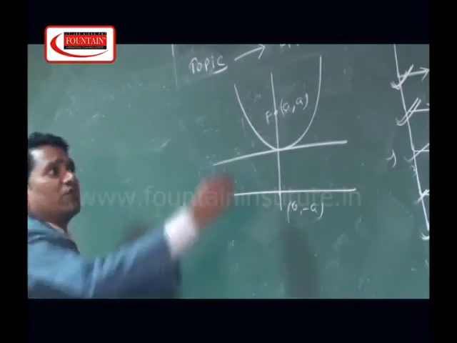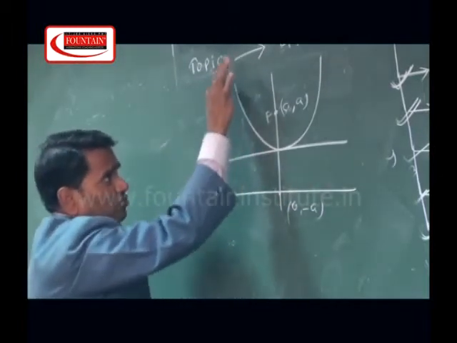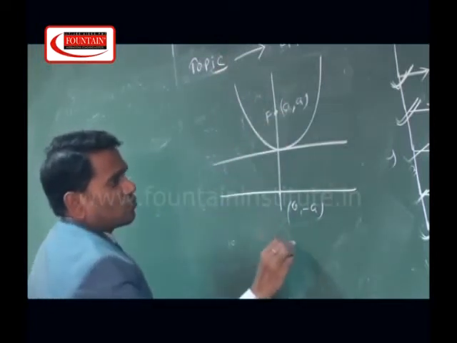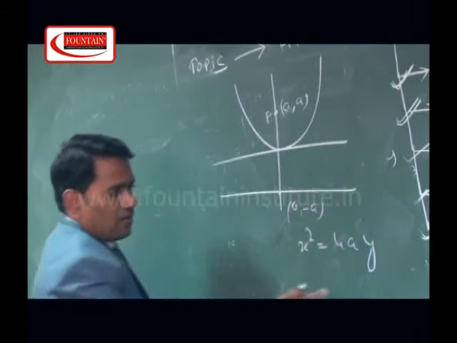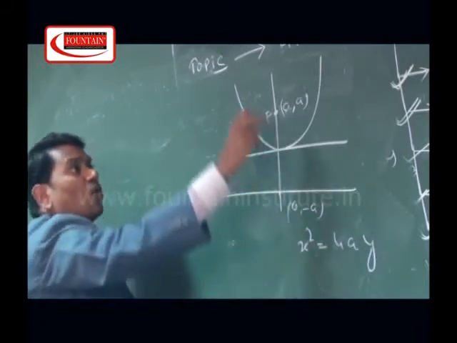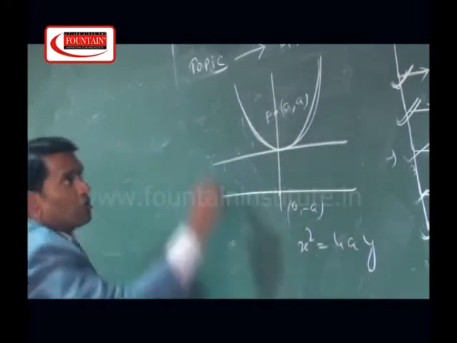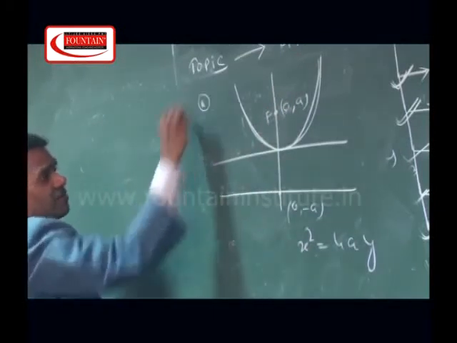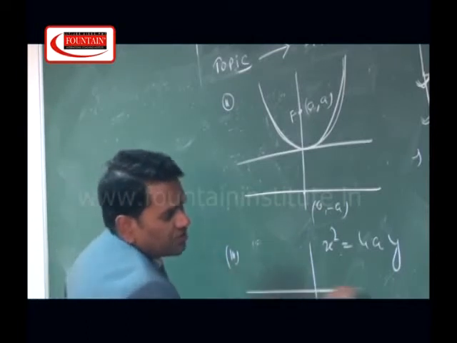In that case, the equation of the parabola will be x square equals 4ay. This is the equation of a parabola with symmetry along the positive y-axis. This is the second case. Now the third case, if the parabola has symmetry along